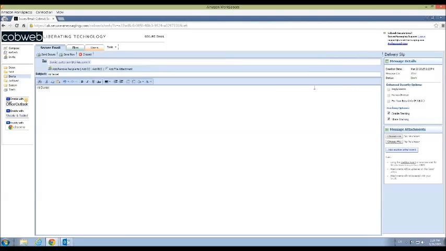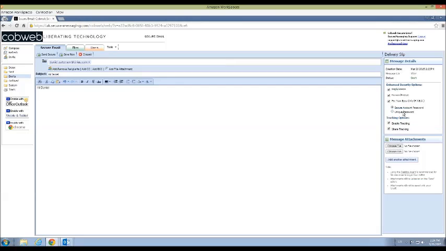So when I'm composing a new message, I can, of course, add as many file attachments as I want, but I can also add some interesting controls here which really allow me to get more out of secure messaging than just simple security and data protection. I can add a reply freeze or a forward freeze functionality to any message that I'm sending. If I don't want this particular message or this file to be shared with other users, or I don't want this message to turn into a long internal conversation, I can add both a reply and a forward freeze, ensuring that any recipients are not able to reply or forward this message.